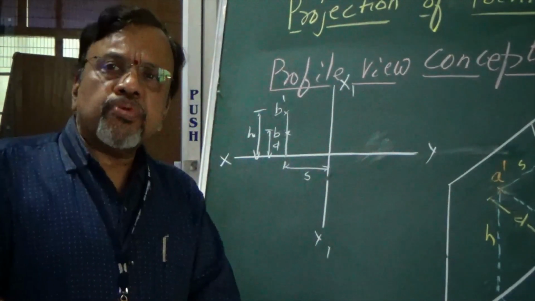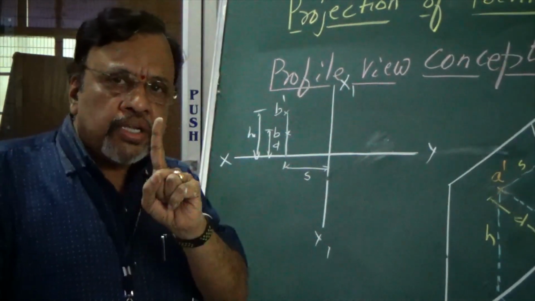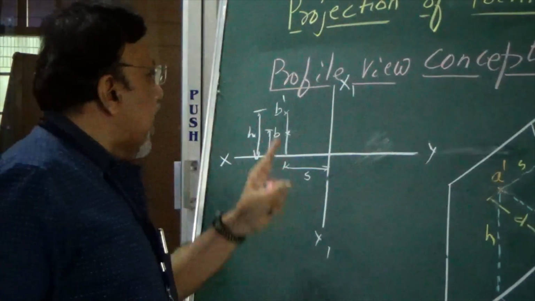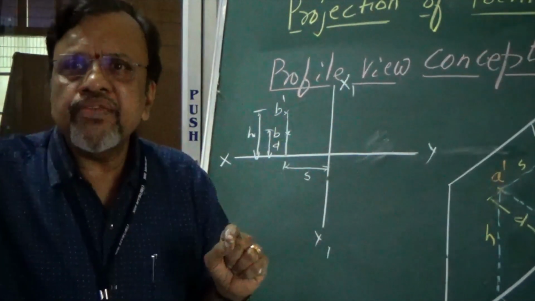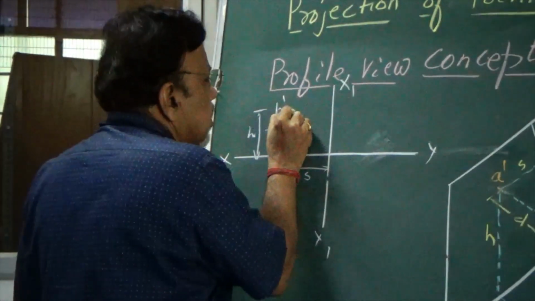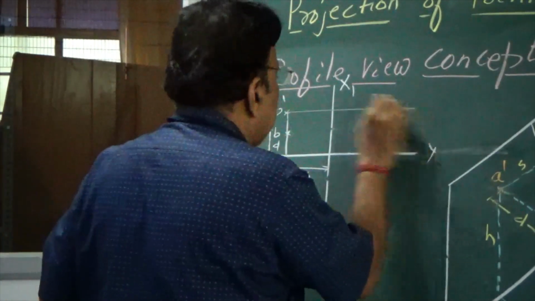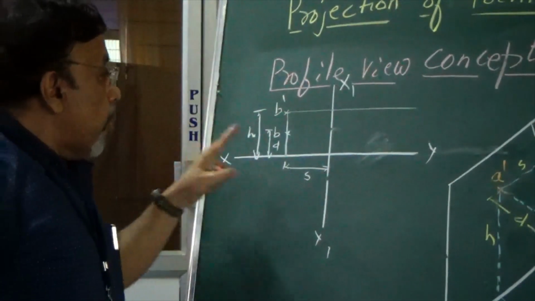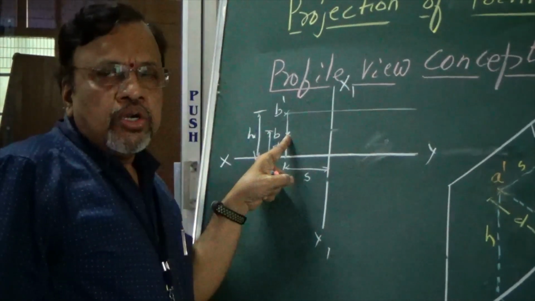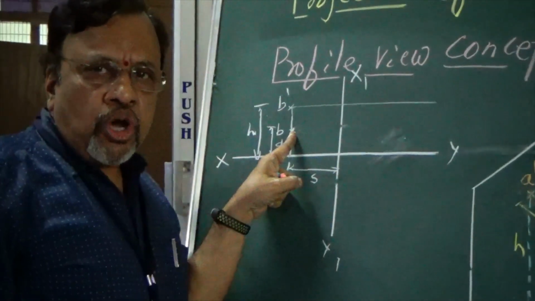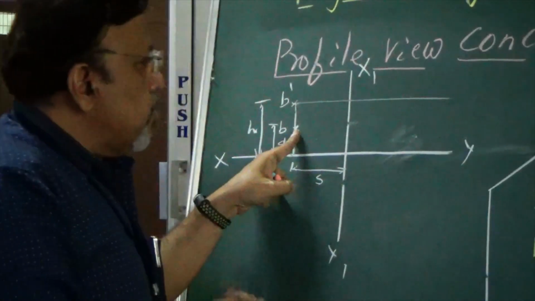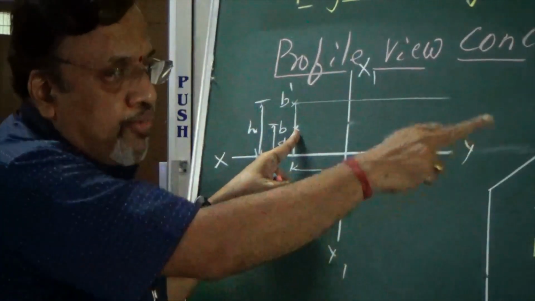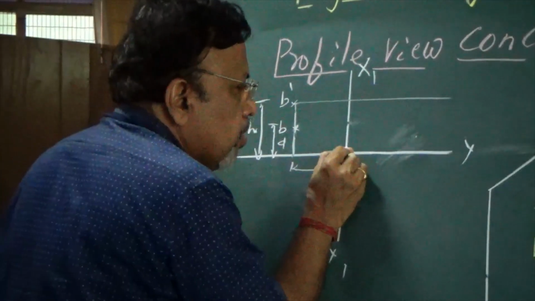So, how do you draw the profile view? I told you that the profile view or side view point and the front view point should be in line with one another. So I will draw a projector through this. They are in line. Then, wherever you have the top view point, I need to draw the 45 degrees line. Now, in which quadrant is it? If you have it in this particular quadrant, where do you draw the 45 degrees line? I will draw the 45 degrees line here itself.